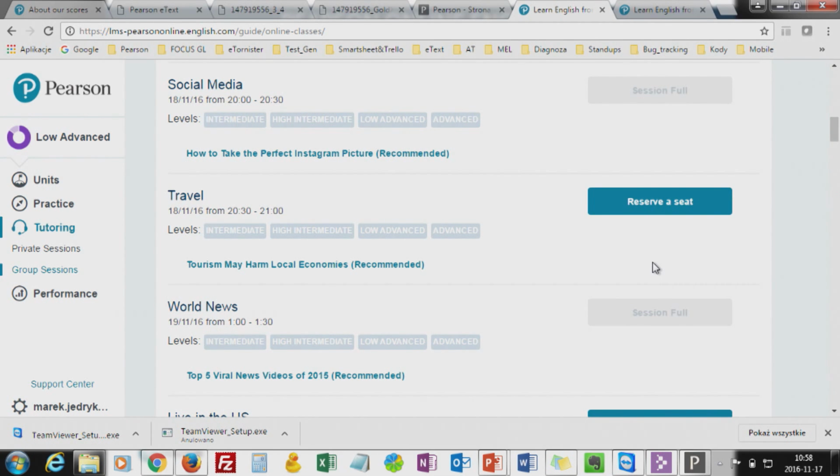As you can see, it's going to take half an hour, and they can be up to 8, sometimes 10 students in the session. So a very interesting way of making contact with a real native teacher. The idea here, of course, is not to replace you, is not to replace us, but the idea is to facilitate what we are doing, to give our students more exposure to English than they get once a week or twice a week when they come to the classes, right?